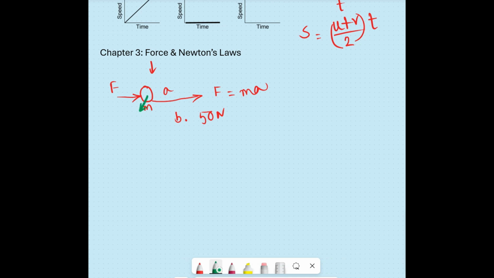So the mass of this object is, say, 10 kgs. If we apply 50 Newton of force, it will achieve 5 meter per second square. So here is 50 Newton. It means F equals m into a. So m is 10, obviously 5 is equal to the acceleration. So we can define